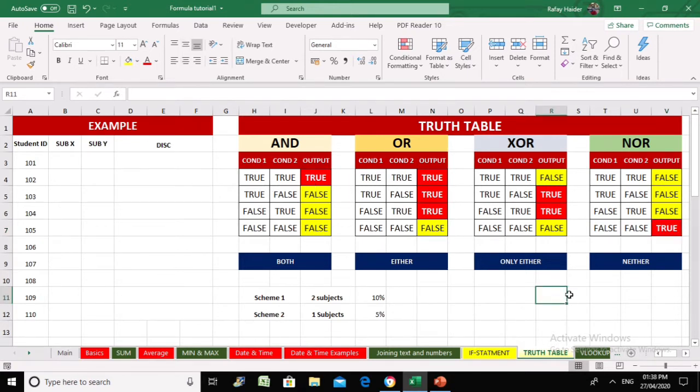Now let's apply these logical operators to an example to understand how this operates. For example, these are the student IDs, subject X, subject Y, and the discount offered by a college or institute for taking these additional courses. If a student takes 2 additional courses, they will get a 10% discount. If a person takes any one of these 2 additional courses, they will get a 5% discount. Or if there are no additional courses, then there is no discount. For example,